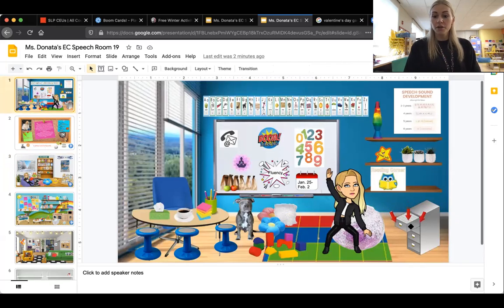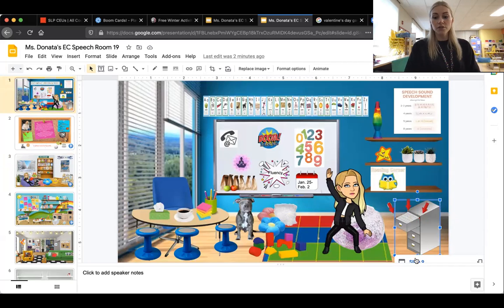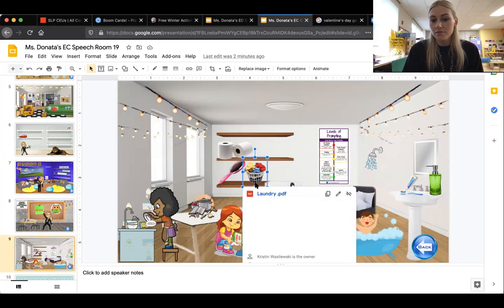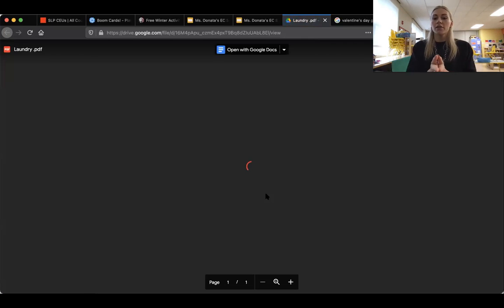If we press right here in the file folder, it'll take you to the daily routine page. So this one I really, really enjoy, because if you do this activity, you actually are doing everyday stuff, but I just give you a lot of recommendations on how to incorporate language into those activities. So for example, this is a laundry bin, right? If we open that, it'll take us to a PDF file